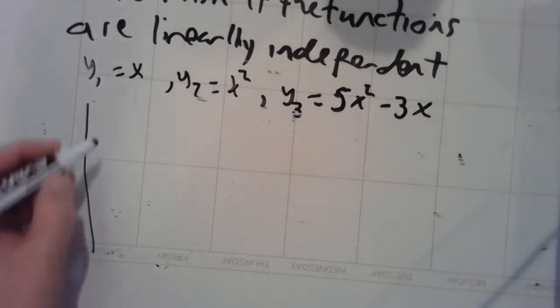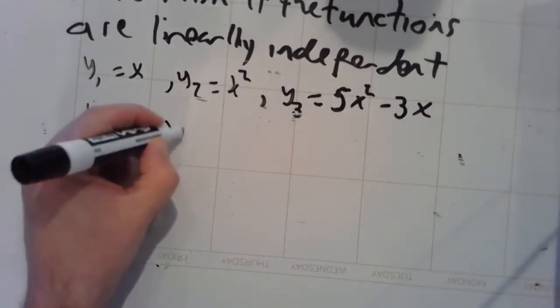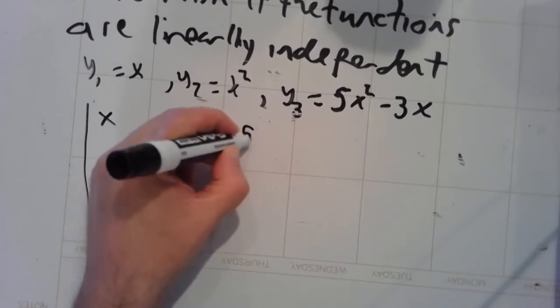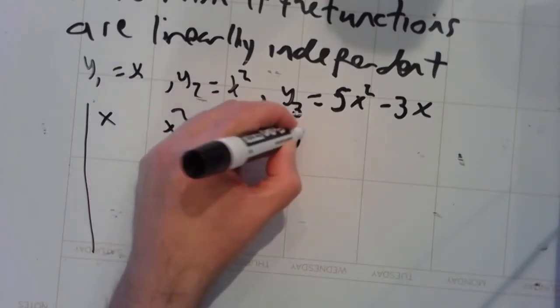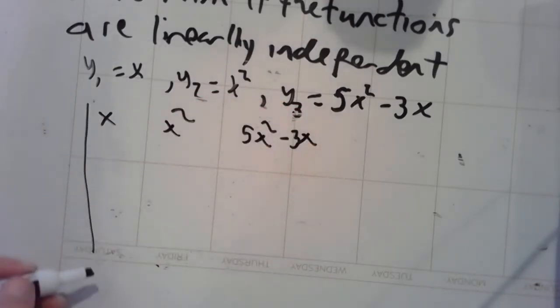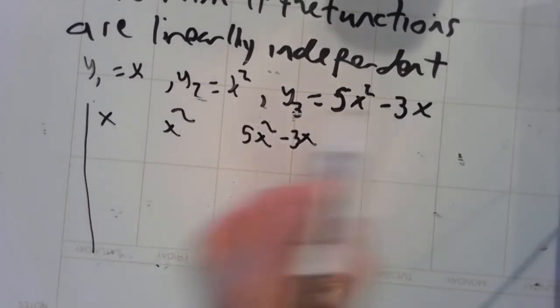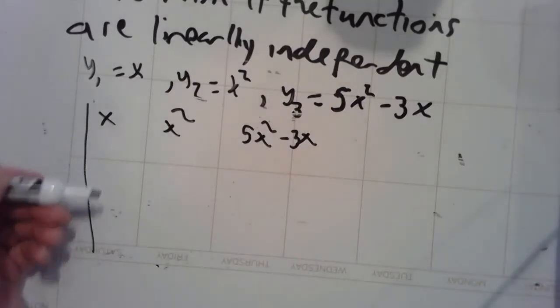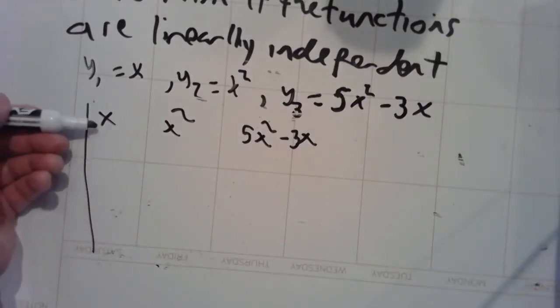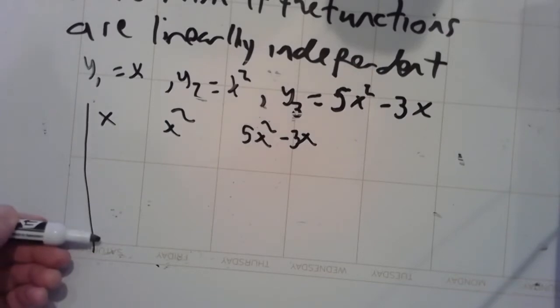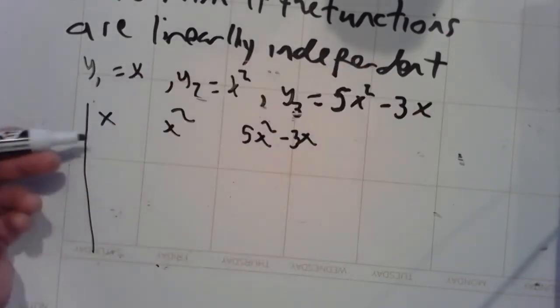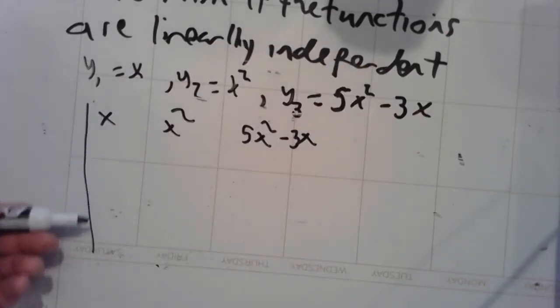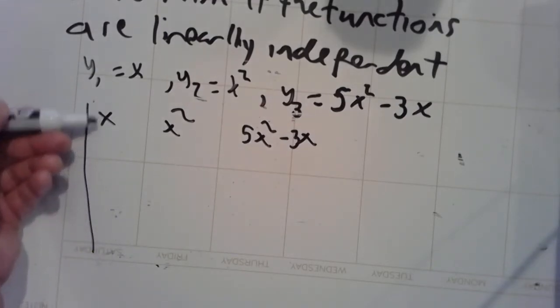So I build my determinant. I list the three functions in the first row. Then I just keep taking derivatives. I have three functions, so I need a 3 by 3 determinant. So I just keep taking derivatives until I have three rows. So I'm going to need the first derivative and the second derivative. If I had 7 functions, I would have the functions and then up to the sixth derivative to make it